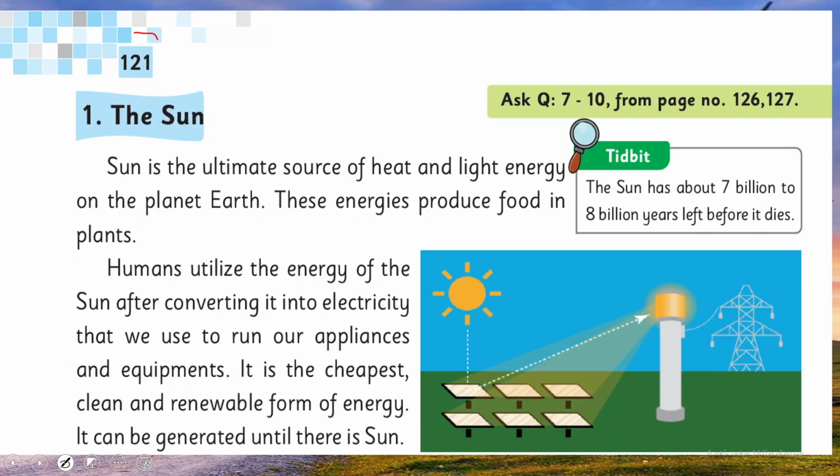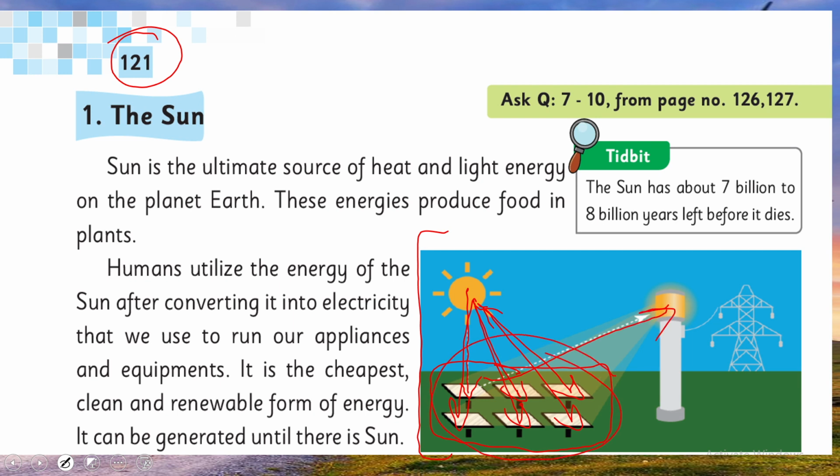So my dear students, now quickly open page number 121. I hope everybody has opened the page. So my dear students, here you can see a picture. These are the solar panels. What will happen when the heat and the light of the sun fall on these panels? They trap the energy and convert it into electricity. And this is how the energy of the sun is used to generate electricity, जिसको आप घर में अपने इस्तेमाल